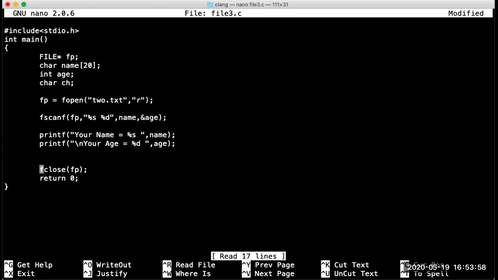You need to use the fscanf function 3 times. Okay, so what I'm doing, I'm just copying this and pasting it here, and again pasting it here. So 3 times I'm using the fscanf function. Very first one is percent